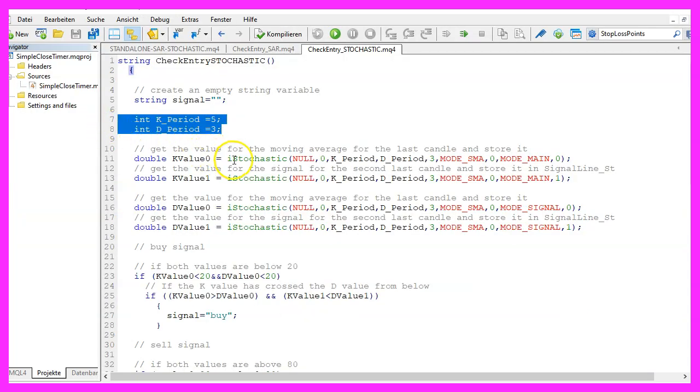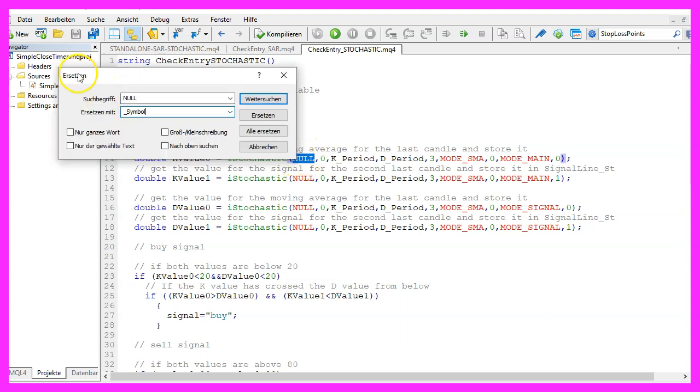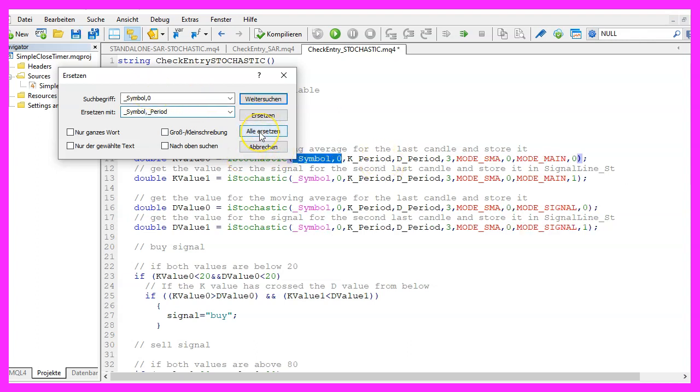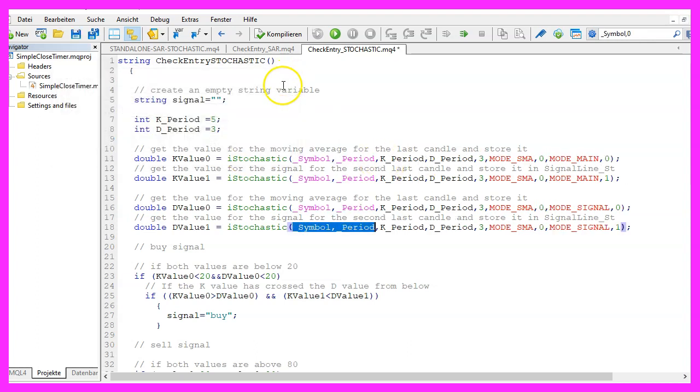Now we can use the included function iStochastic for the current symbol on the chart and the currently selected period. This is an old value. Actually, I could replace this one with the term _Symbol and the second one with _Period. This looks better.